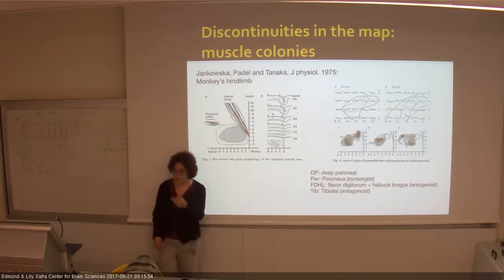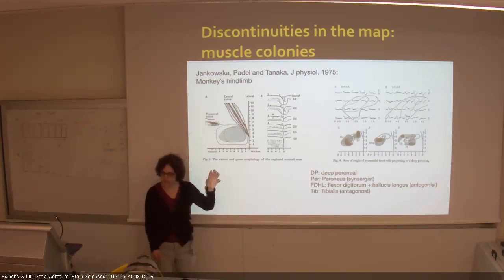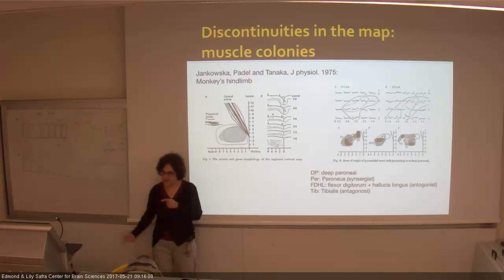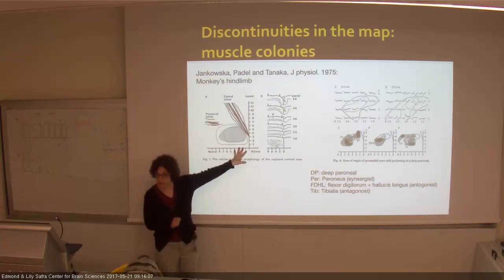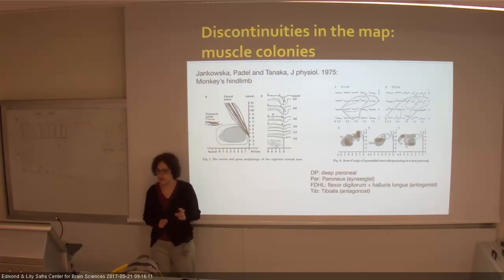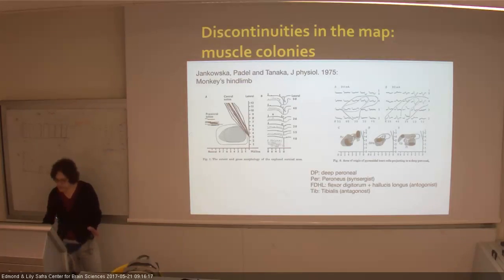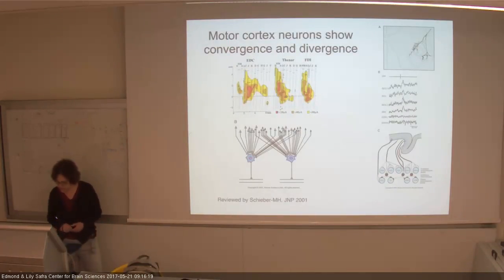Okay, so you're right. And actually, part of the experiment, they also recorded intracellularly from 1A inhibitory interneurons, the antagonists, sort of trying to see if this is really some sort of relationship. But at the level of the cortical, in this experiment, they really looked for monosynaptic excitation. So there is no what you are suggesting. Okay, and that's for the hind limb, and later on people have done a similar study at the forelimb,